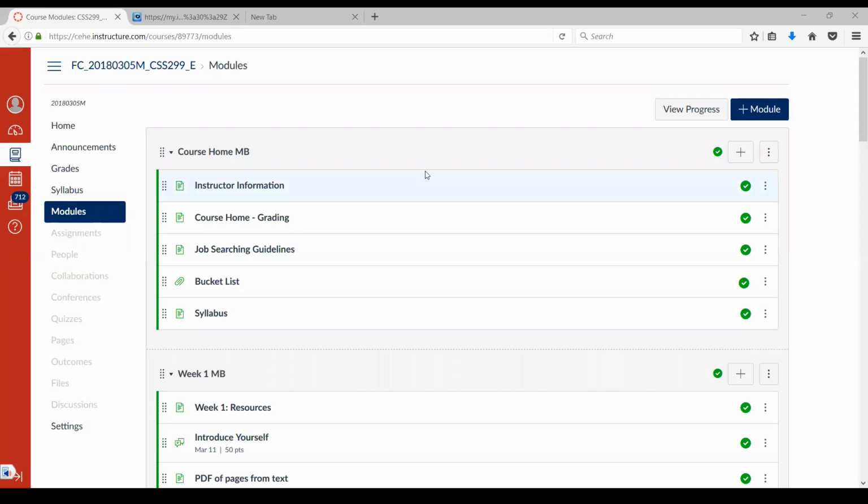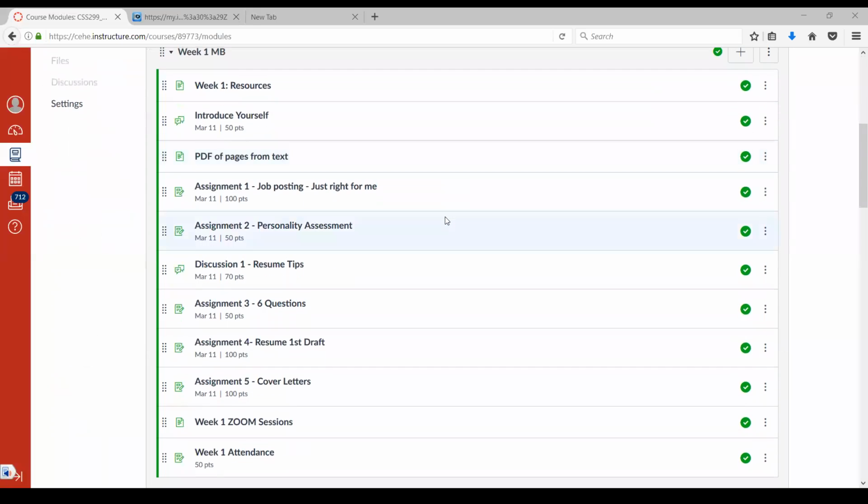So here's the shell. This week, those of you who haven't done the introduce yourself, please do so. What you'll see here is I have added some pages from the textbook that we use here in Fort Collins in the on-ground class. I don't know if you have a textbook for the online, but it has some resume examples. I'm going to be gradually copying more material on to the rest.